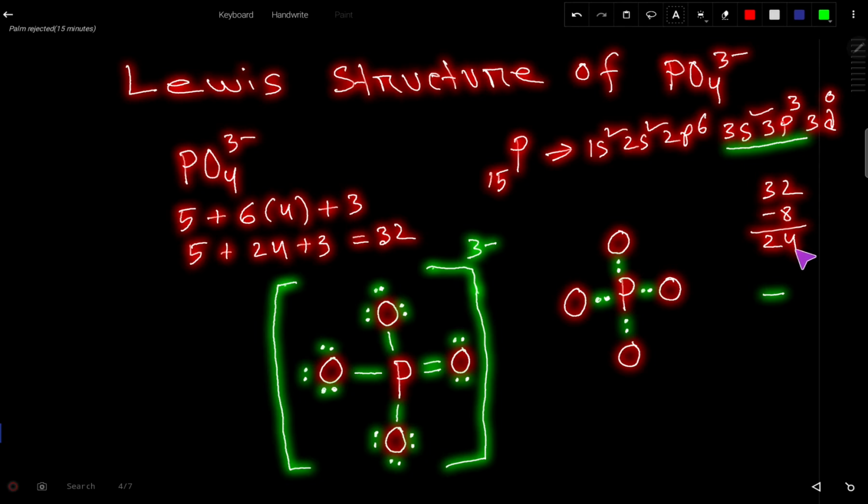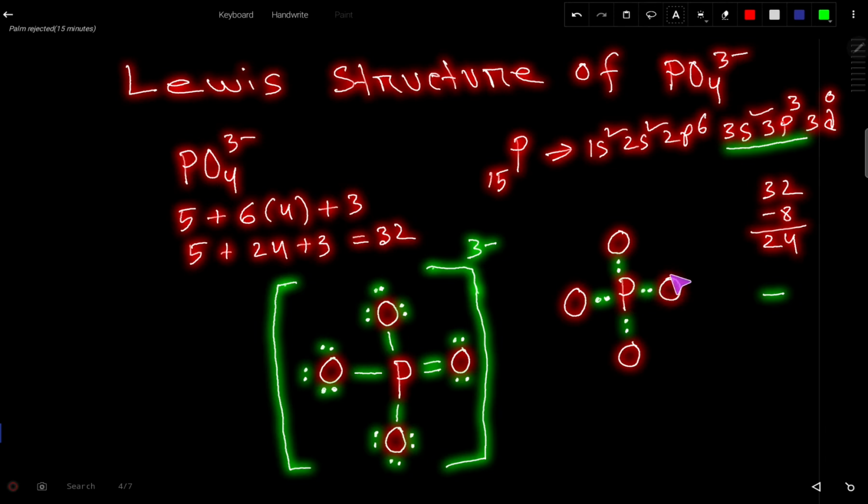These 24 valence electrons will be used to satisfy the octet for the outer atoms first, then the central atom. The central atom here is phosphorus because phosphorus has the highest capacity of making bonds among these atoms due to the presence of the 3d orbital in the valence shell, or because phosphorus is the least electronegative atom.